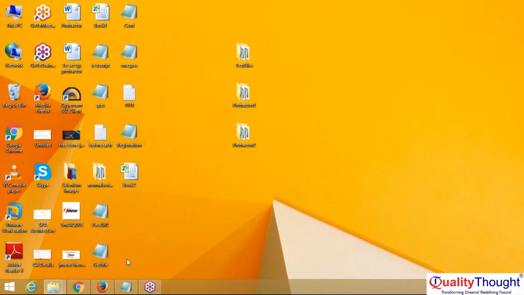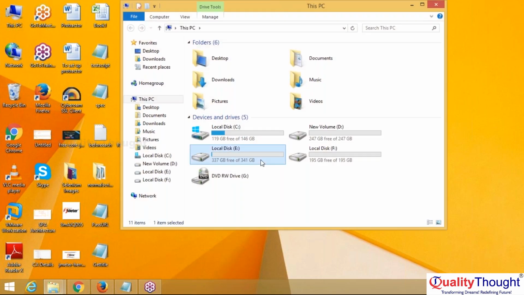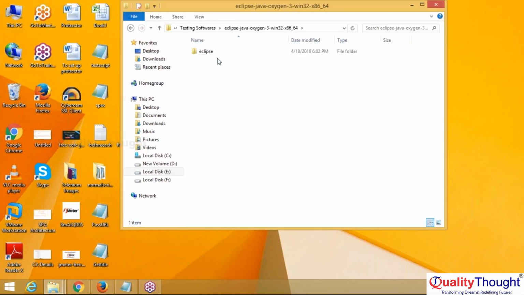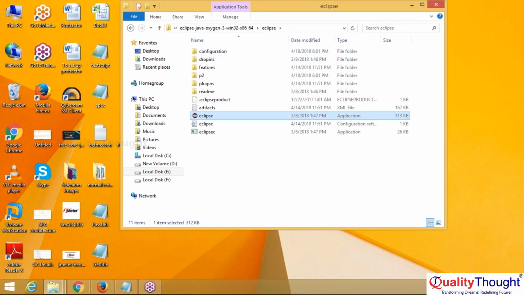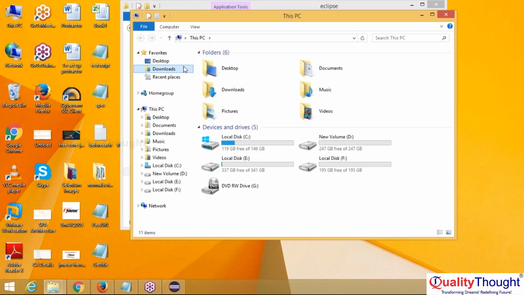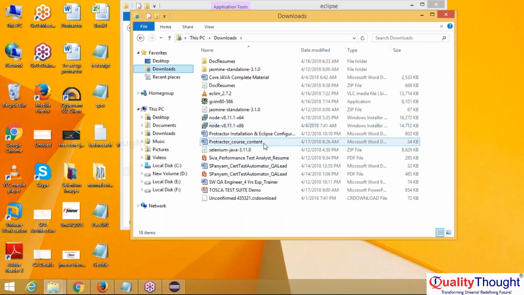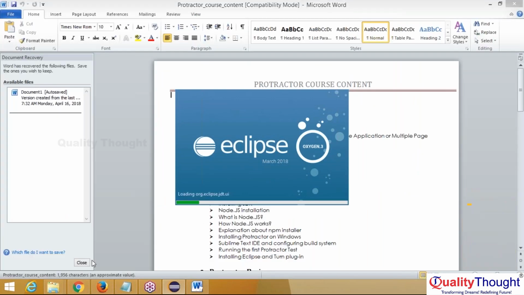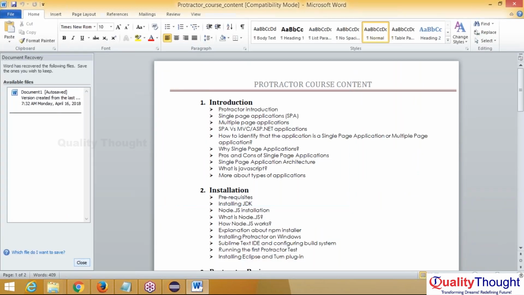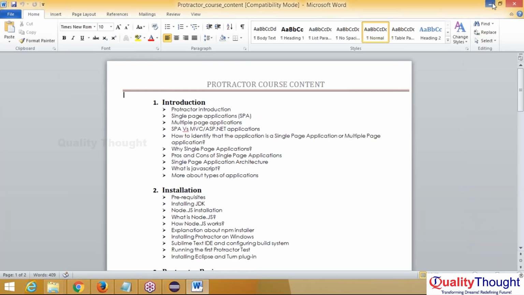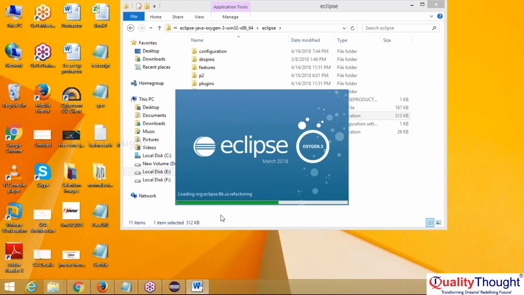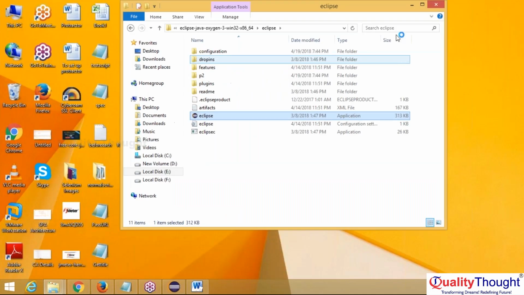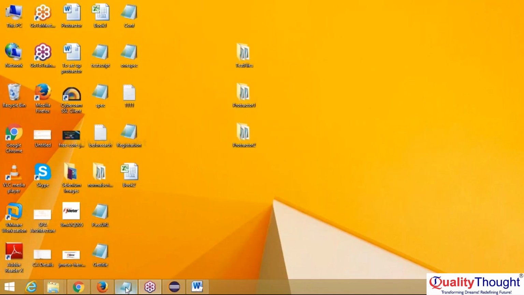I'm sorting out the issue. Let me open Eclipse also. Yeah, this has been opened, and as we all know that